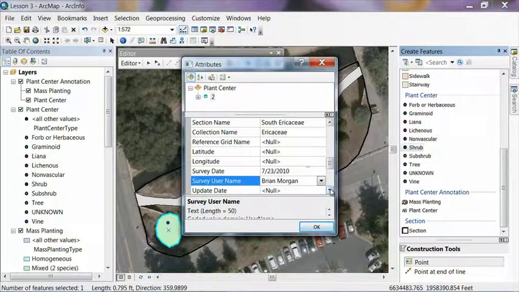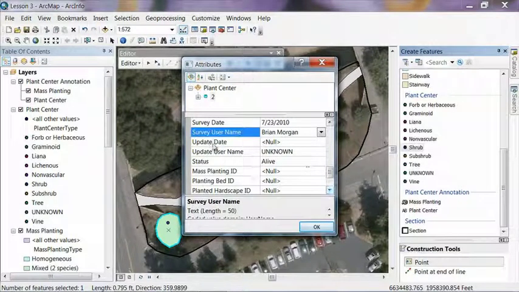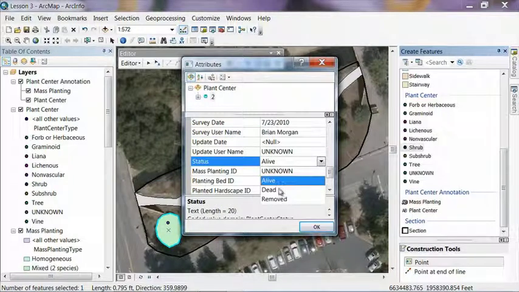And then there's some update fields just as we had before. And there's a status field here for the status of the plant. And it always defaults to alive, assuming that you're only mapping alive plants. But it also has a value for dead and a value for removed. And now with dead and removed, you can do what's called a definition query in the ArcMap table of